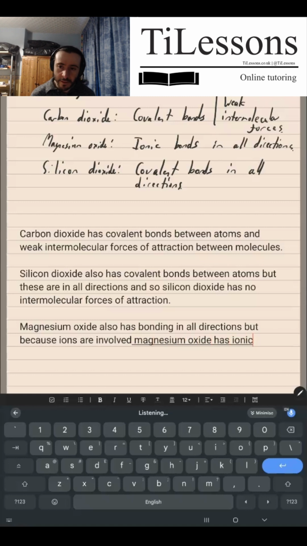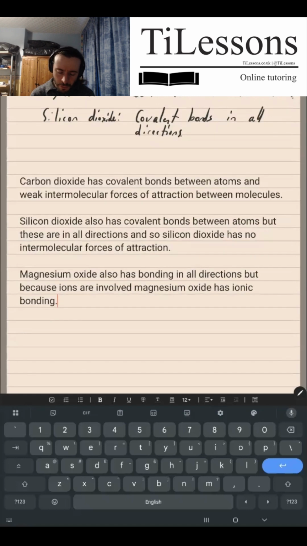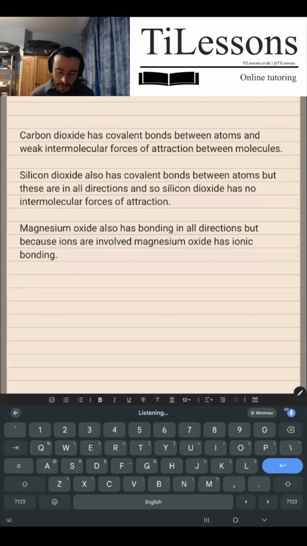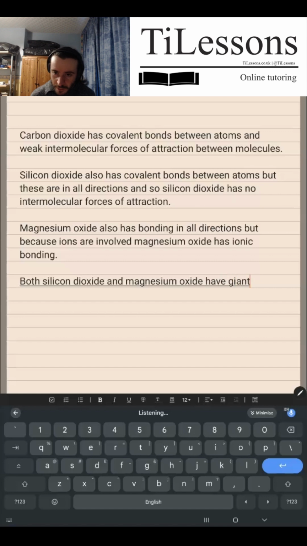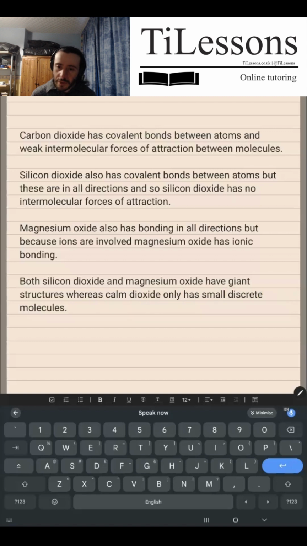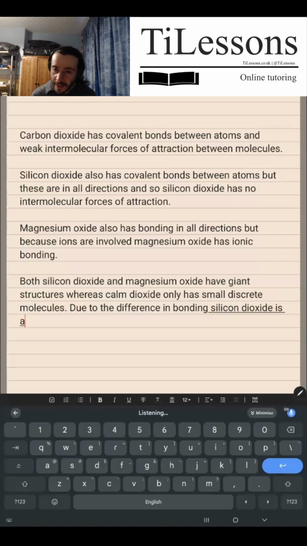ionic bonding. So we've described bonding there, let's just put the structure in as well. Both silicon dioxide and magnesium oxide have giant structures, whereas carbon dioxide only has small discrete molecules. Due to the difference in bonding, silicon dioxide is a giant covalent lattice, whereas magnesium oxide is a giant ionic